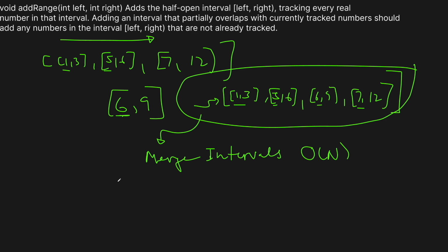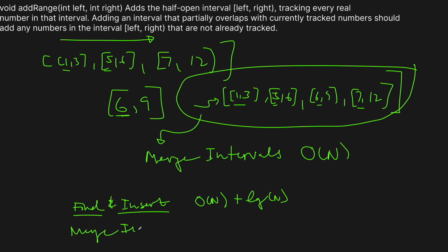So to summarize what we're going to do here, the first thing is we need to find and insert, which is going to take big O of n plus log n time. Log n to find where we need to insert, and then insert it in big O of n time because it's a list. Then we need to actually merge the intervals once we've inserted it,